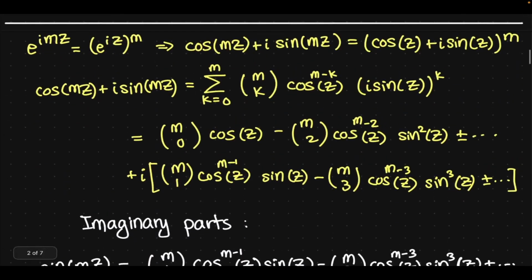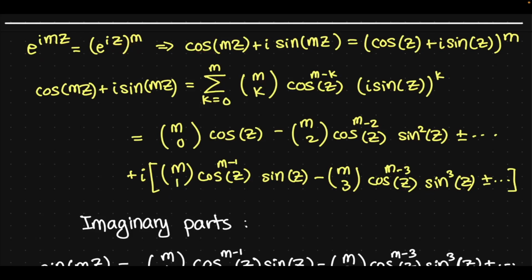Okay, so when I said we're going to follow the proof in the last video, I meant this complex analysis part. So first of all, we begin with the Moivre's theorem. That says e to the i m z equals e to the i z, whole thing to the m power. Now you might say this is a direct consequence of the associativity of multiplication between functions, but